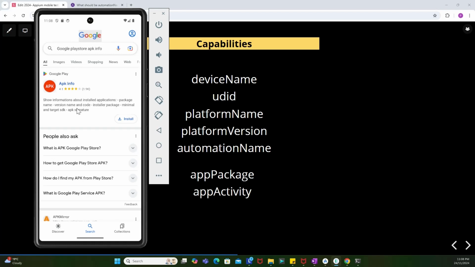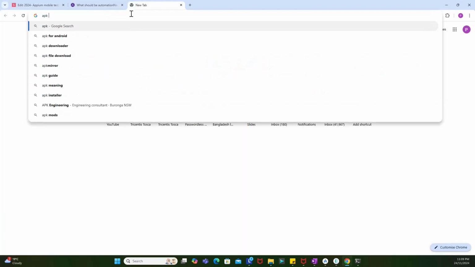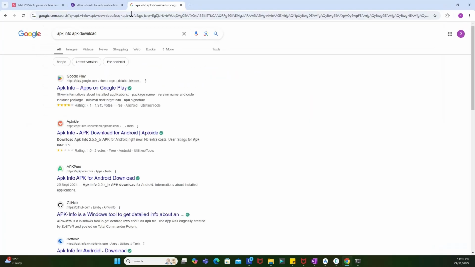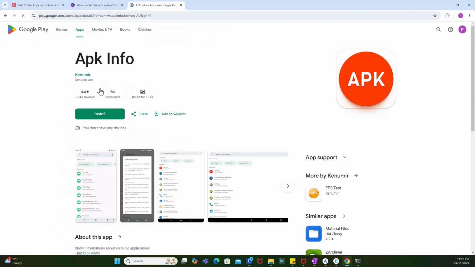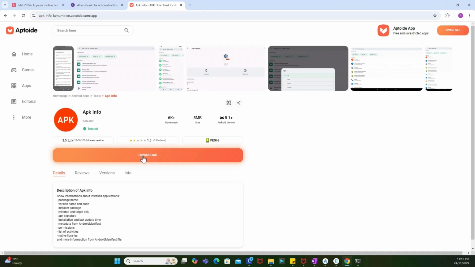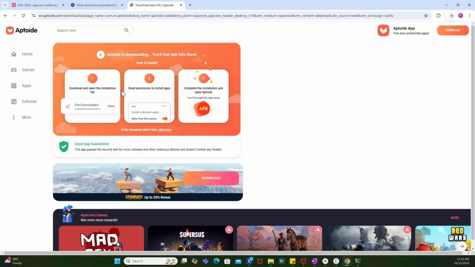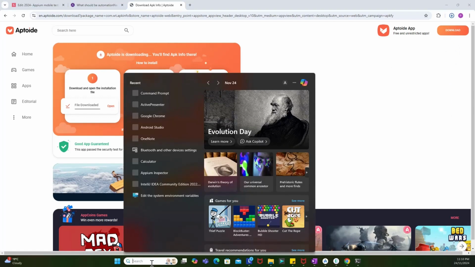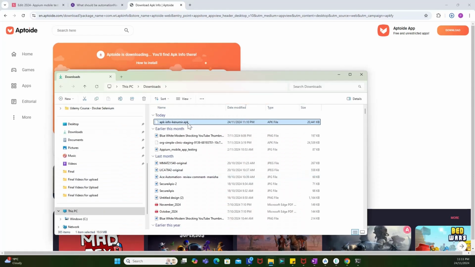or the emulator. So what I'll do is I'll install this one in the phone, or else what we can do is we can look for APK info, APK download, and you'll be able to see over here that there is an APK info on Google Apps. I'll just click on download, and then I'll click on download over here, which I have got on one of the sites. So I'll just click on download, and it's getting downloaded. I'll just click on open. I'll go to downloads, and I've got the APK info,